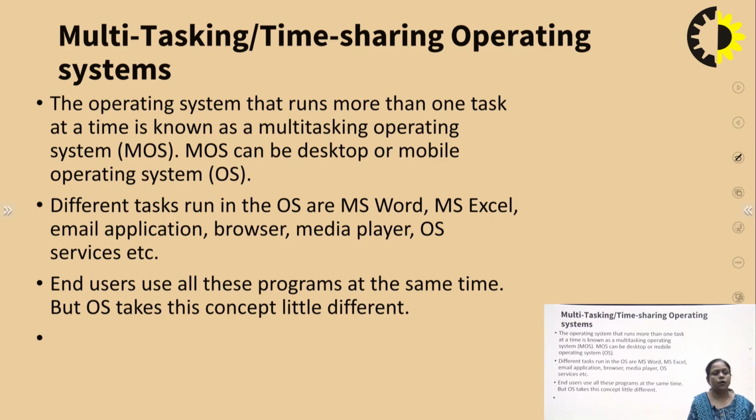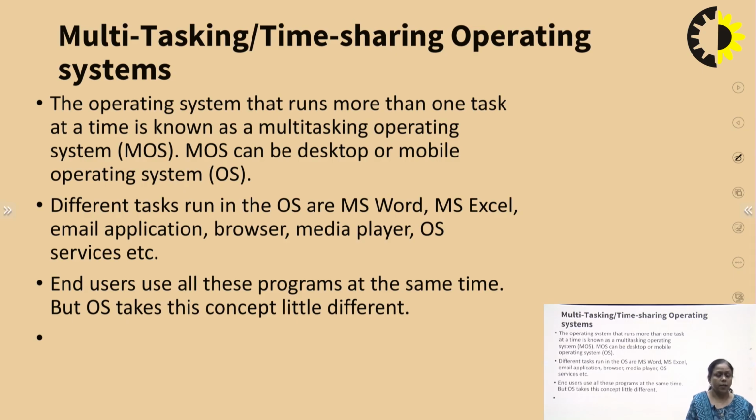The end user uses all these programs at the same time, but the OS takes this concept a little differently. What it means is, when we start our system and start different types of applications, for example a Word file, an Excel file, songs, or any movie, all these different applications running in our system make it a multitasking